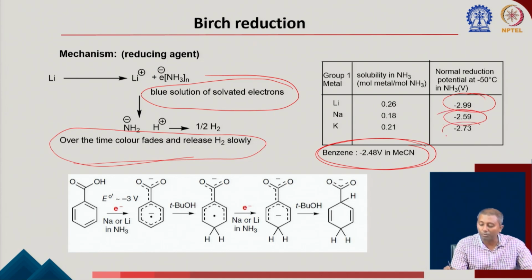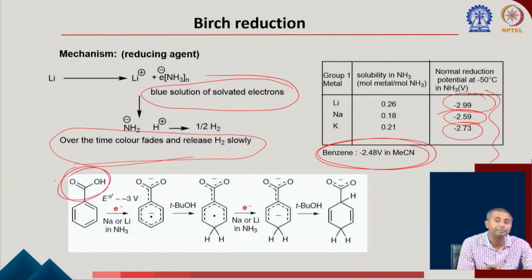Or the potassium also. So they are able to reduce the benzene ring, because you can clearly see this from the reduction potential values. Now if you see the mechanism, whatever reduction is happening here also depends on whatever functional groups you have attached to the ring. Of course, we are going to come back to electron donating and electron withdrawing groups. But first, what is happening once you have the sodium and liquid ammonia,